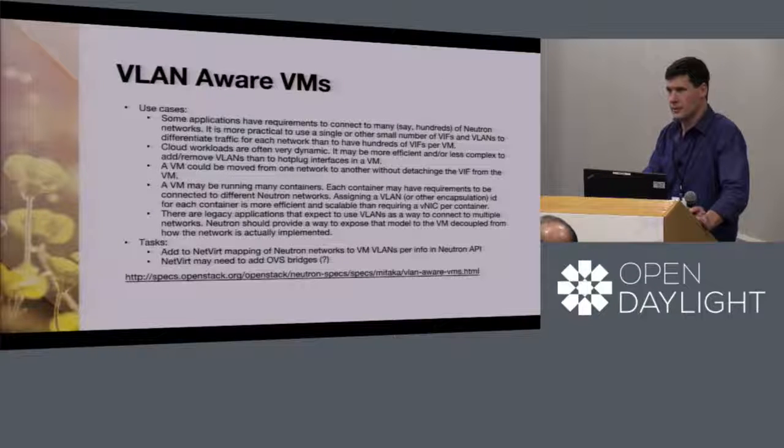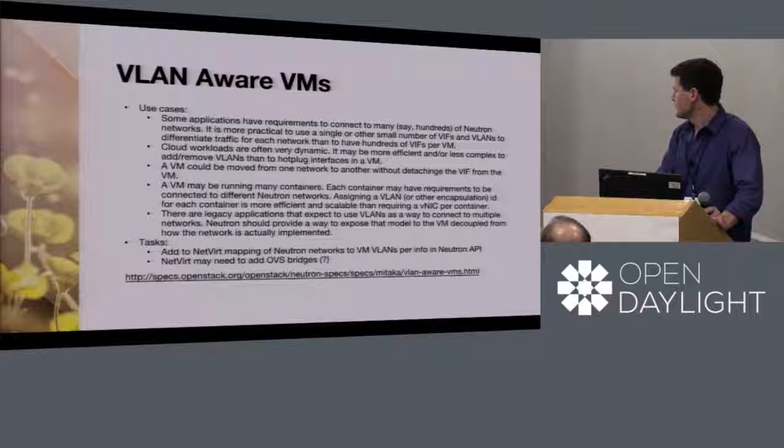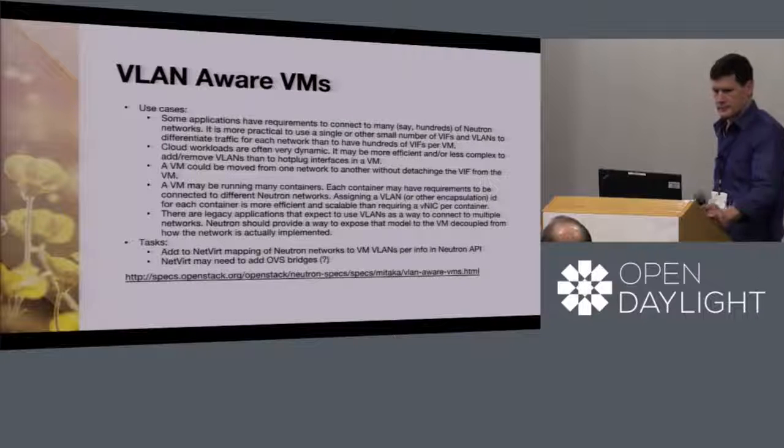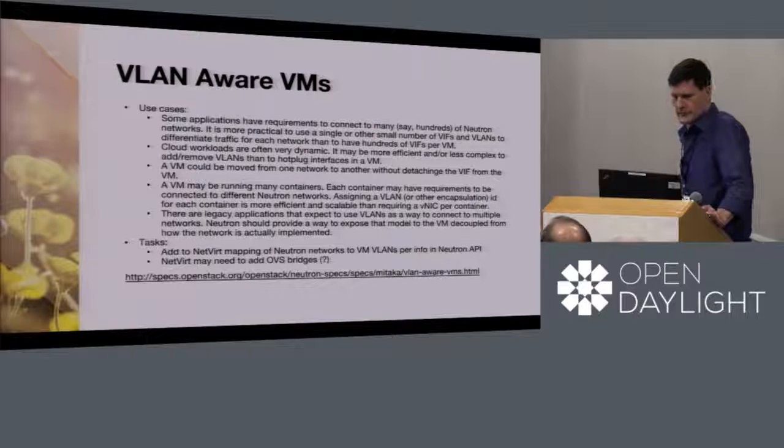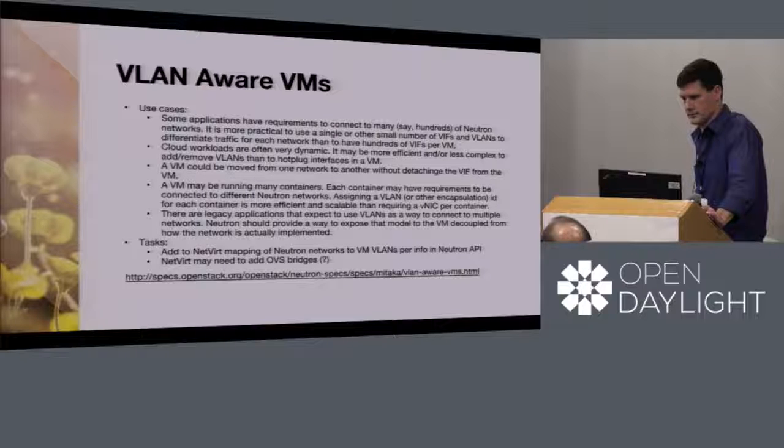VLAN aware VMs, I believe. Visaka was explaining these two features to me last week. I think these are basically OpenStack features that I've been getting from our OpenStack team. VLAN aware VMs, I guess you might have a VLAN or a VM that wants to support multiple VMs. And I think the idea of this one is you just want one port with multiple VMs on it. So as I understand it, basically the idea